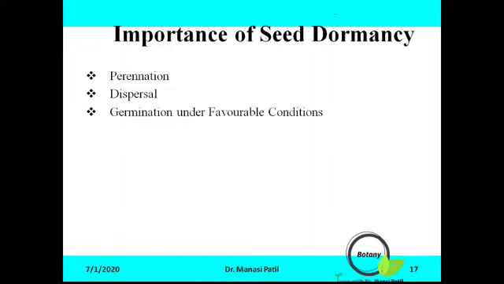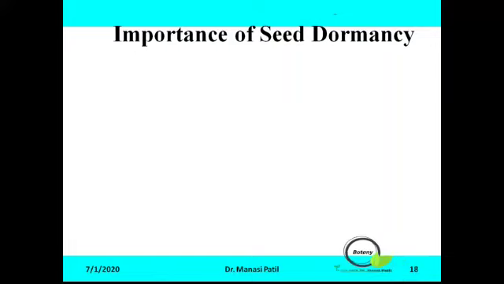The next importance is germination under favorable conditions. Seeds germinate only when sufficient water is available to leach out inhibitors and soften the seed coat. The next importance is storage. It is because of dormancy that human beings are able to store grains, pulses and other edibles, making them available throughout the year and transporting them to areas of deficiency. It also allows storage of seeds for later use by animals as well as human beings.